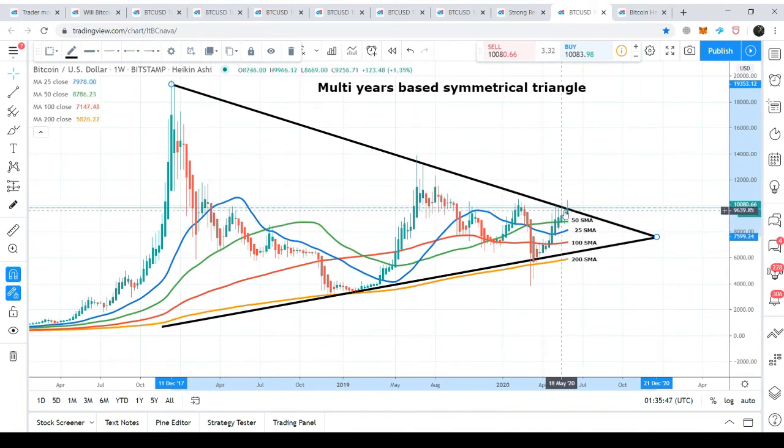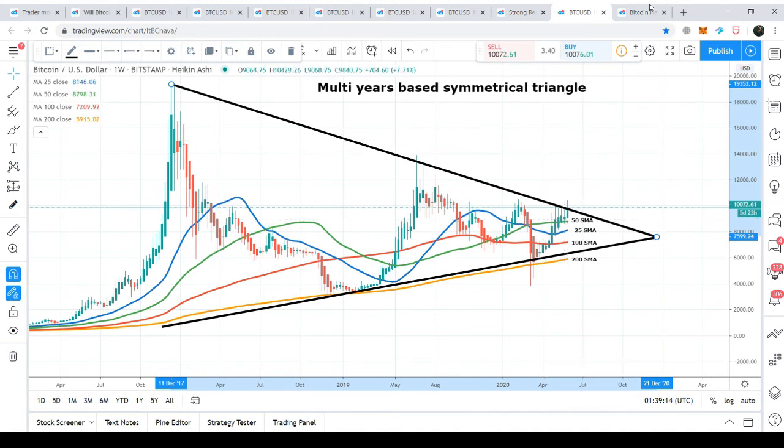And the same kind of move is also being formed here, and only this move by the 25 simple moving average is needed. So after this cross, we can expect that the price action will break out of this resistance level of this symmetrical triangle. And if the price action breaks out of this resistance, then definitely we will watch a very strong parabolic bullish move like we have witnessed here. And if the price action is not able to break out, then it can retest the previous support of the 50 simple moving average, which is around